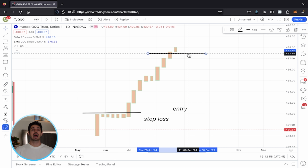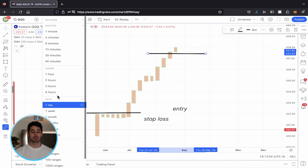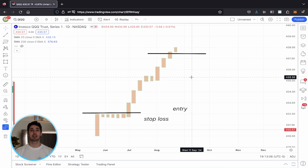However, what time frame do I do this on? And that is the most difficult part about it. We have a lot of time frames to decide from, right? Depending on which time frame you choose could be the difference whether you're still in that trade and making a lot of money, or whether you exited that trade way too early and missed out on a bunch of profits. So the time frame that you decide to use is going to have massive implications on this